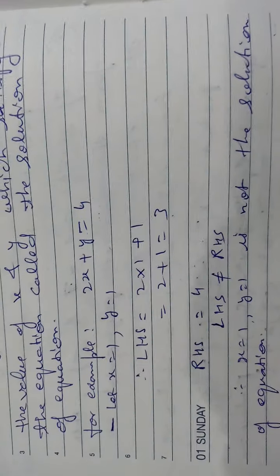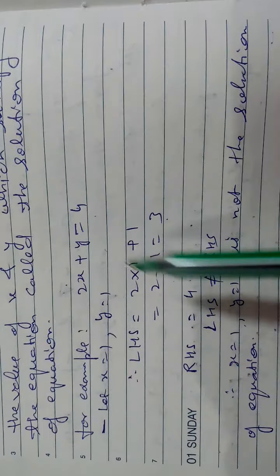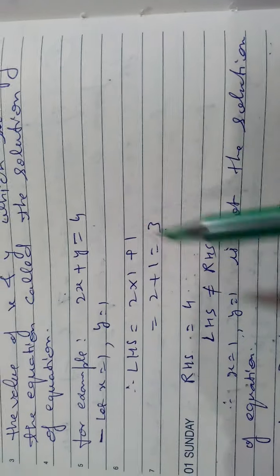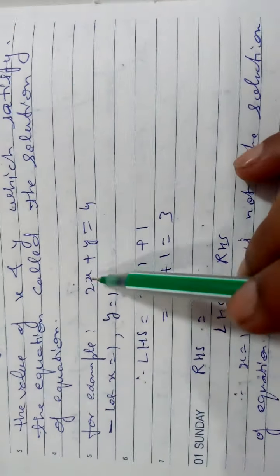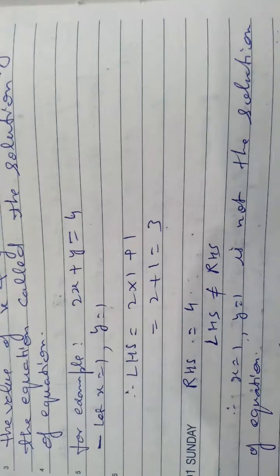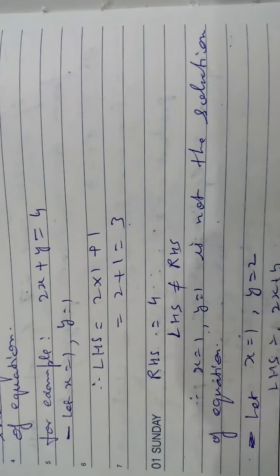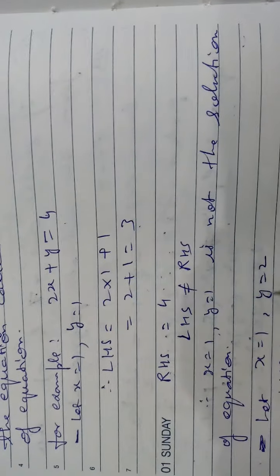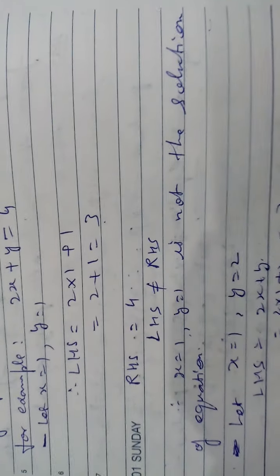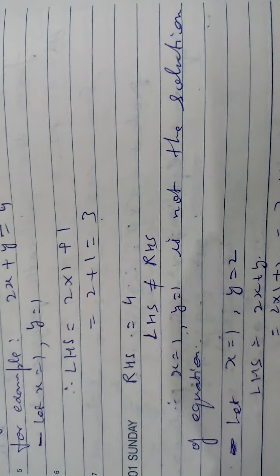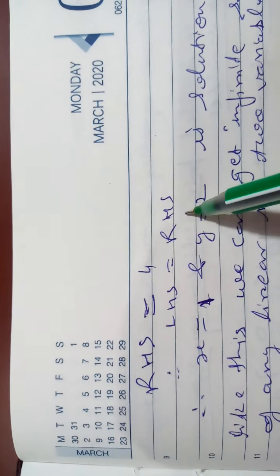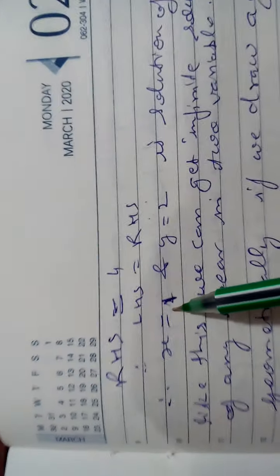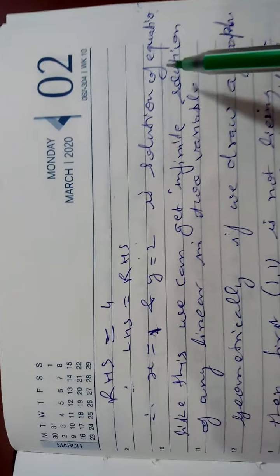It is not compulsory that the values must be a solution. If you plot the graph of this line, you will find this point does not lie on it. Not a solution means it will not lie on the graph, which we have seen in class 9th. Let another solution be x = 1, y = 2. Is it a solution or not? Again take the LHS, put the values in place of x and y: 2 times 1 is 2, plus 2 is 4. The RHS is 4. So the left hand side is also 4, both are equal. Therefore x = 1, y = 2 is a solution of the equation.